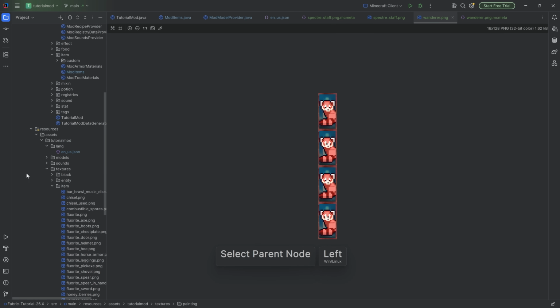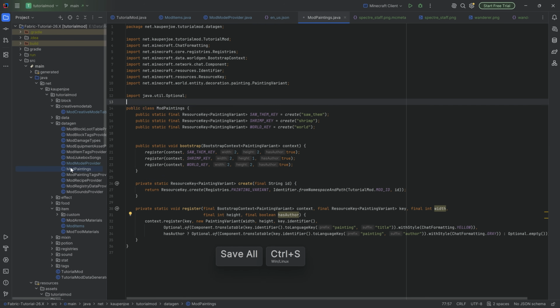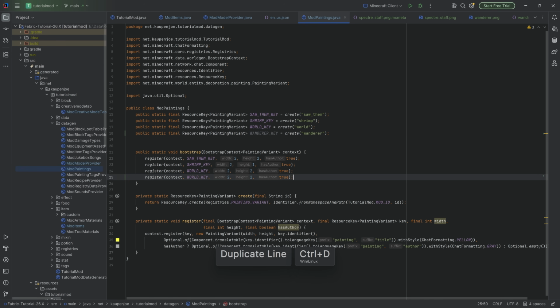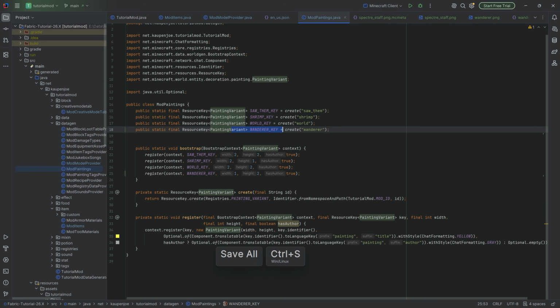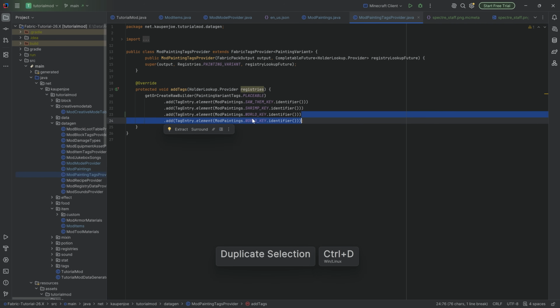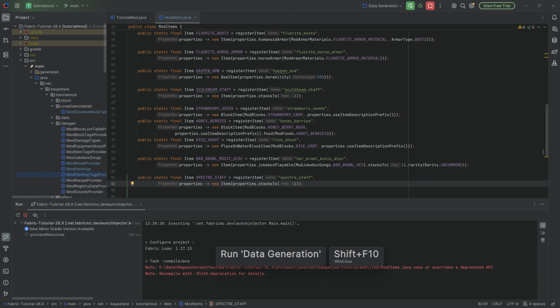And let's just add, for the sake of argument, the rest of the things for the painting over here. Right, first of all, the title and author, and then the rest is added right here. So this is the Wondra, of course. And you can see that this is exactly the same way that everything else is set up as well. So there's no change over here. It's a normal painting. It's a normal item. We're adding it basically in the exact same way that all of the other things are added as well. And with all of that being done, let's run the data gen, and then let's see the animated textures in